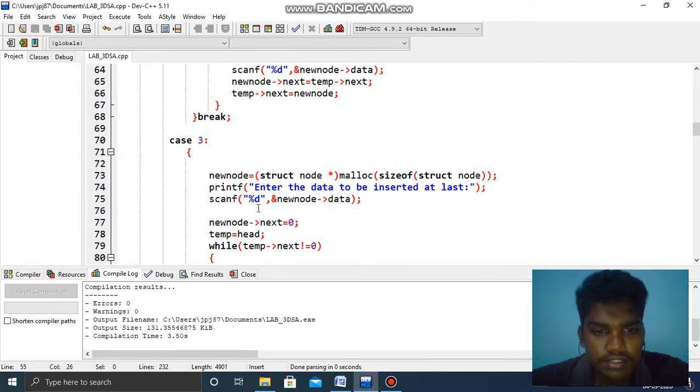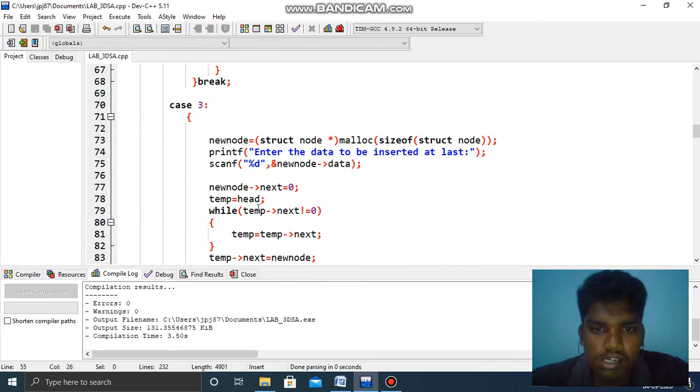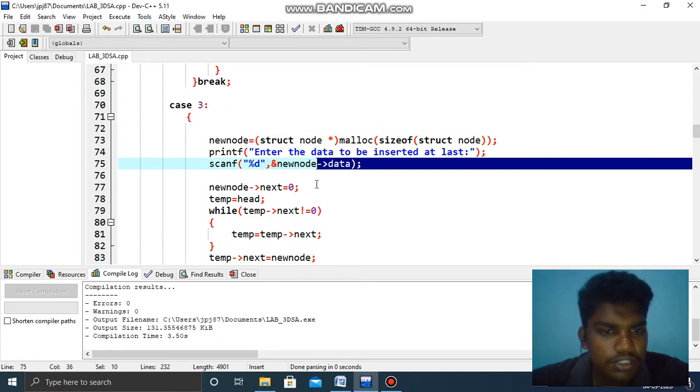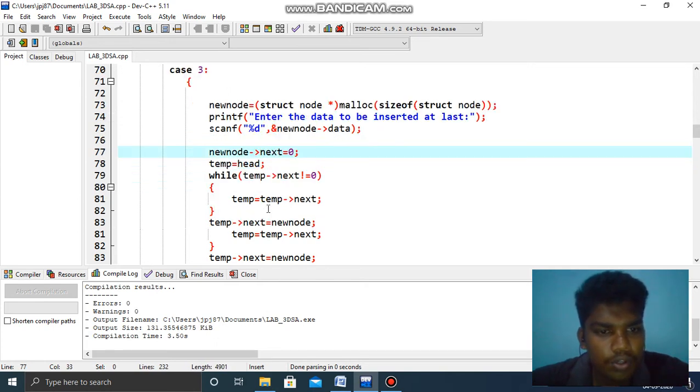Then the third is insert at last. Last means new node. Here we have new node, get from user, temp equal to head, while temp next is not equal to 0.